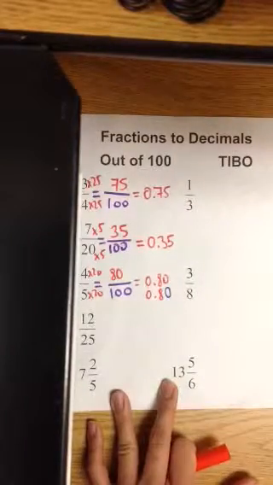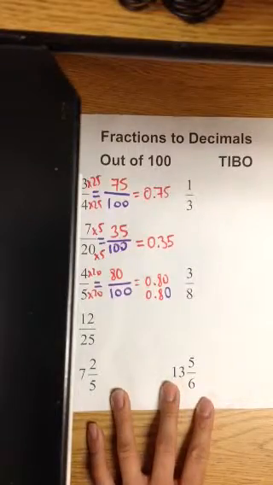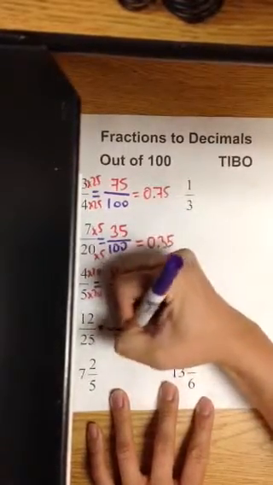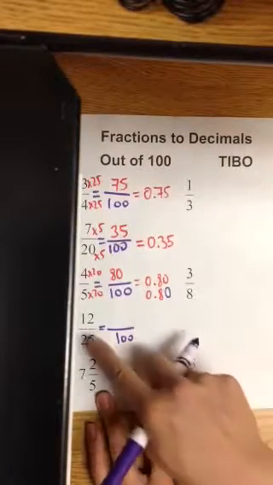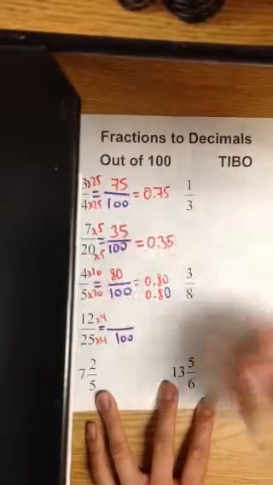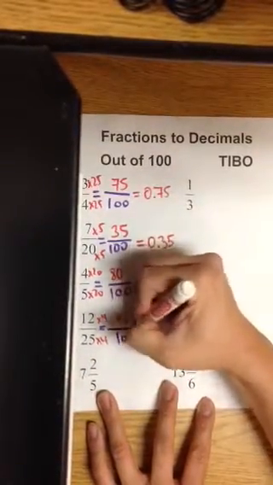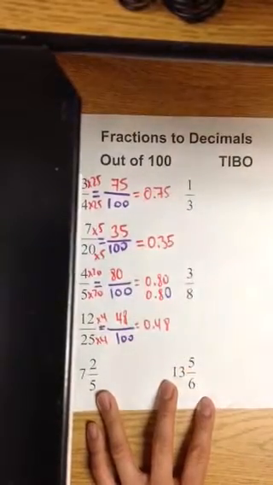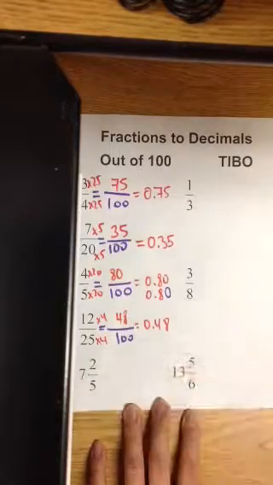Next one, you have 12/25 of a dollar, or 100 cents. How many quarters go into 100 cents? Or how many quarters go into a dollar? 4 times. So you multiply by a scale factor of 4, and you get 48 hundredths. So 12/25 is equivalent to 0 and 48 hundredths. And our last example,